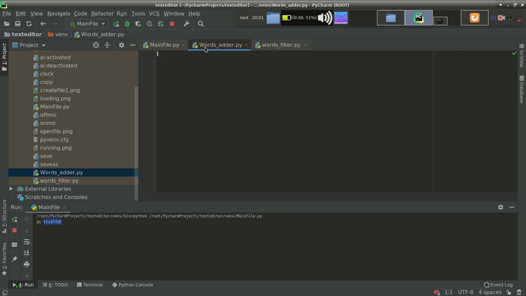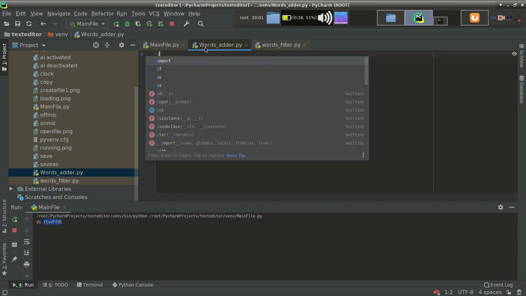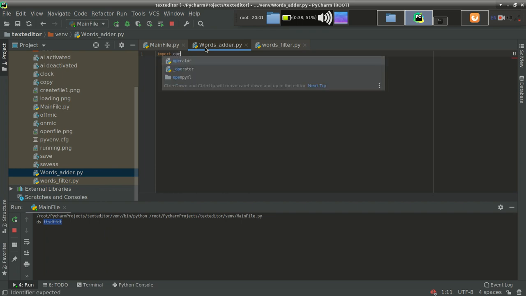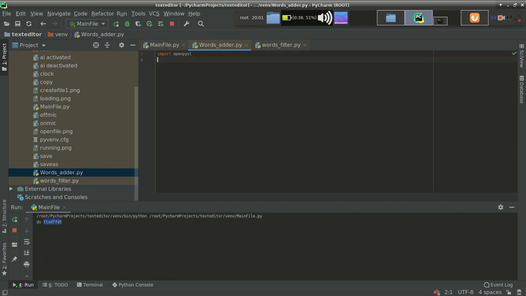So let's add the word, and for adding to the excel file we have to import a new library, that is openpyxl. So let's import it. Openpyxl, actually you have to install it, as I told you earlier in the first or second video. It is not a built-in library, so I have installed it earlier. So I have also imported it. Let's create a class words adder.